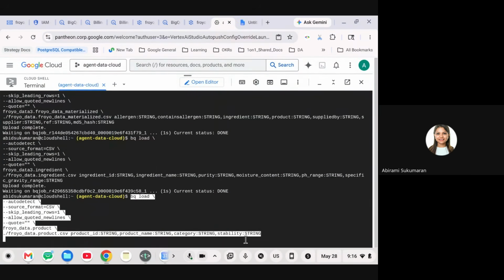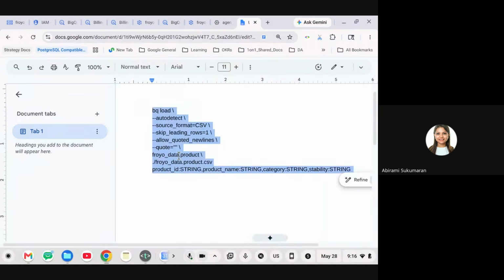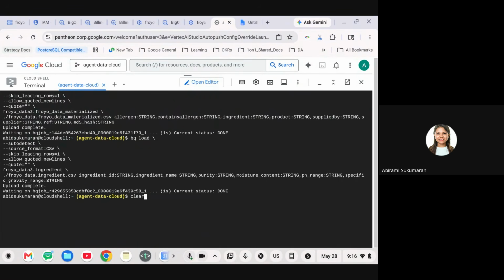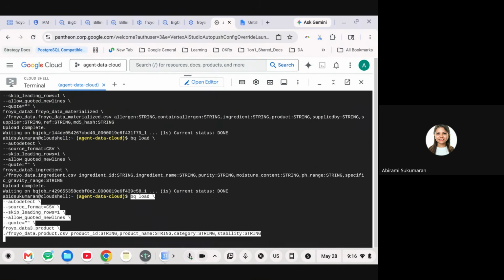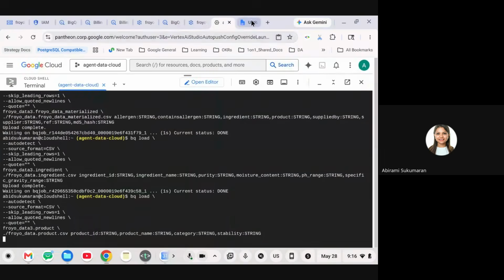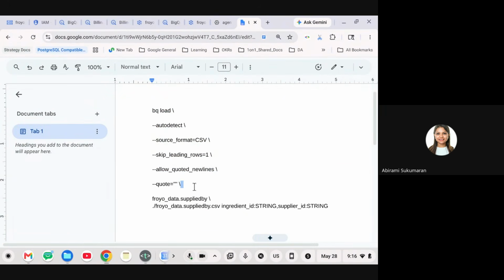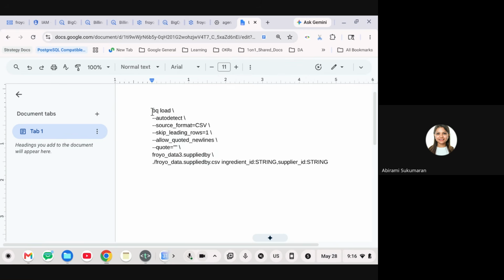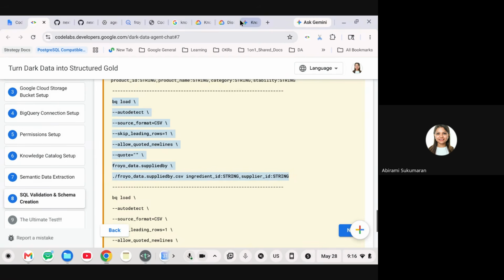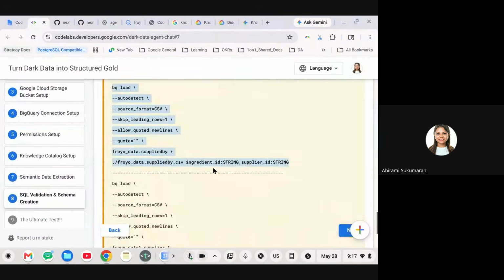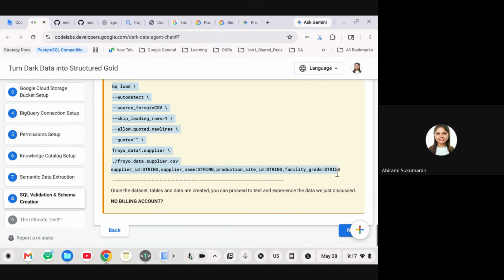It's done. Second last table. While that is getting created, let me do the last table and then we'll get to the test.